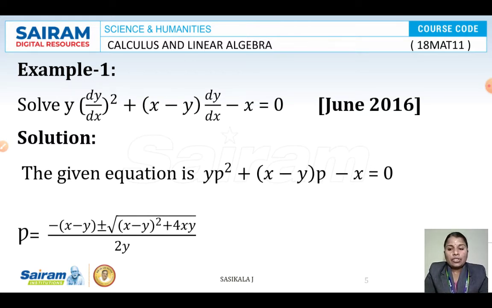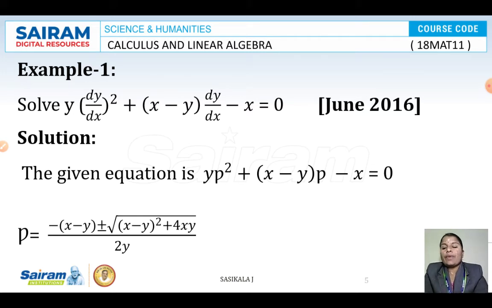In that differential equation it must be first order, but not first degree, it will be a higher degree. So you try the factorization method, or you can find the roots of that equation in p. Then you can use the variable separable method to get your solutions, and the product of those solutions equal to 0 is the solution of the given equation. So we'll see the example to understand.